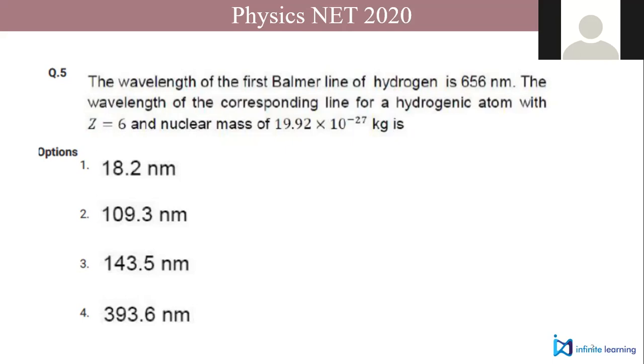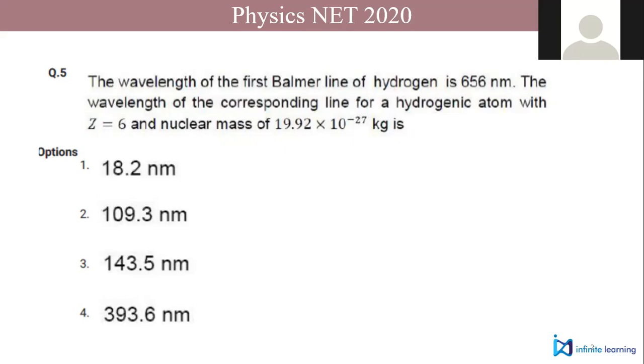So the atom which is exactly like hydrogen. Hydrogenic means it will have only one electron. It won't have more. But Z is 6. And the mass, see, when we take the hydrogen atom, we generally don't bother about the mass of the proton. Just take the mass of the electron. But actually speaking, the mass of the nucleus does make a difference. So in this case, where your Z becomes 6, mass also has to be worried about. And that would make a difference in the corresponding wavelength.